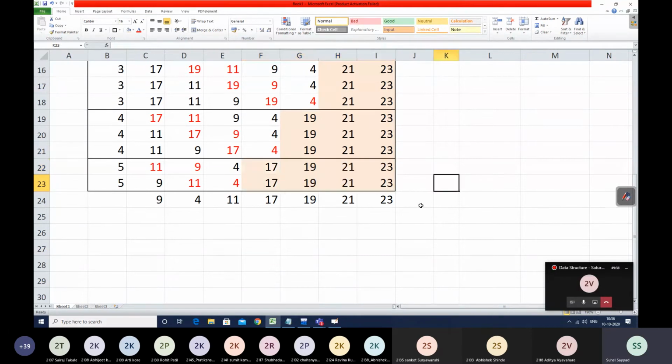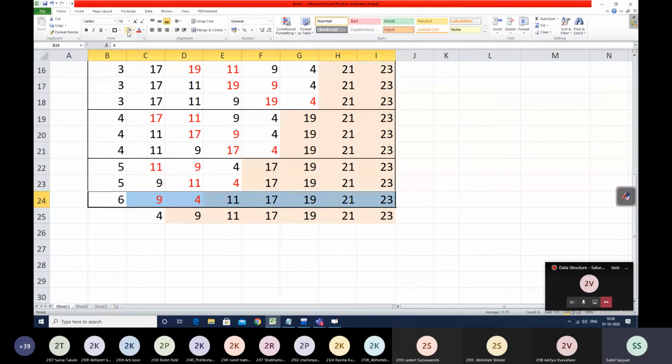So let me continue my last iteration, that is 6th iteration also. Here I'll compare 9 with 4 and a swap will take place between 9 and 4, and others are already sorted, so those will not be taken into consideration of sorting. So when I complete my 6th iteration, my dear students, in which I have only one comparison, this is my output of 6th iteration, the last step.